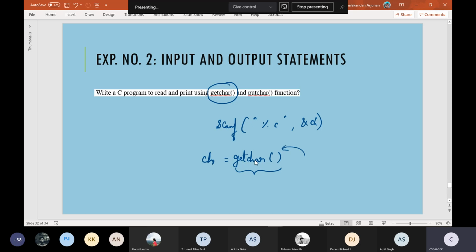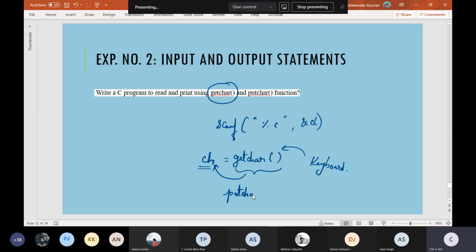This getchar, I want everybody to listen to the slide, students. Look at here. getchar directly expects something to be entered from the keyboard. One single character only we have to enter from the keyboard, and that will be captured by this entire function, and that captured value will be assigned to this variable ch. Then this single character that gets stored in ch can be displayed to the monitor by using a function called putchar.